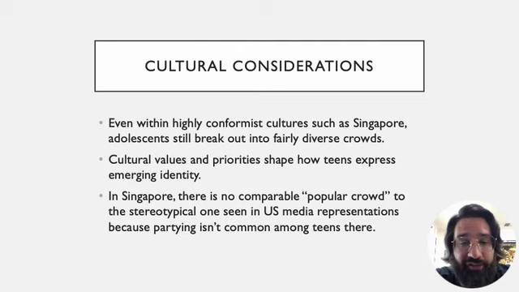Then there are cultural considerations that we have to take into account. Even within highly conformist cultures, like in Singapore, adolescents still break out into fairly diverse crowds. Cultural values and priorities shape how teens express emerging identity. In Singapore, for example, there is no comparable popular crowd to the stereotypical popular crowd we see in various media representations in America. The stereotype of the popular kids in high school, maybe this is different today, but when I was growing up, at least, is kids who had large social gatherings or parties,